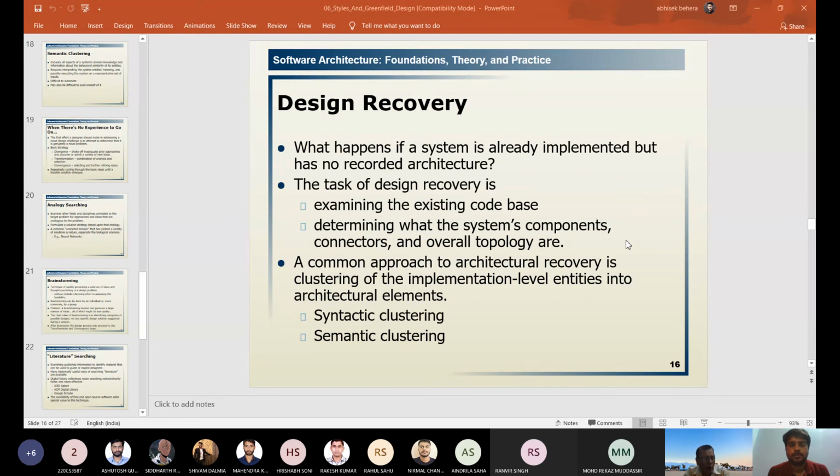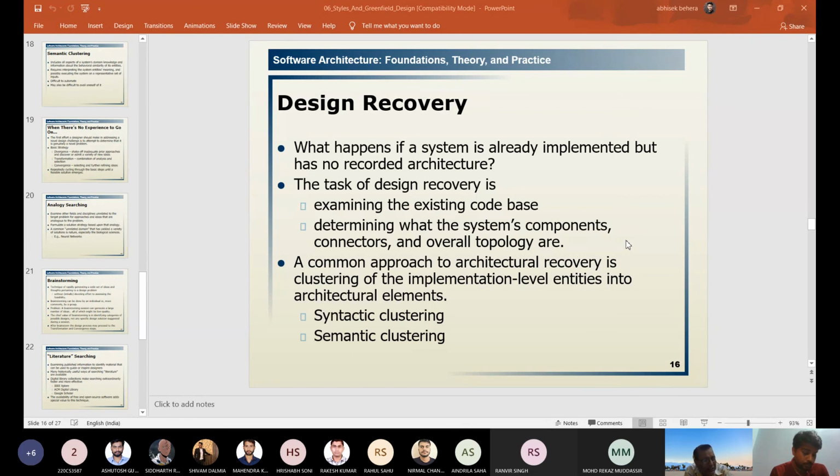Where there is a need of blackboard, you should not fix pipe and filter. Where there is a need of peer-to-peer, you should not fix batch sequential. So where to use, where to avoid, it should be on the tip of your tongue. I would have asked you to submit, but you will copy paste that. But it is very, very important. Each one has to understand it very thoroughly.